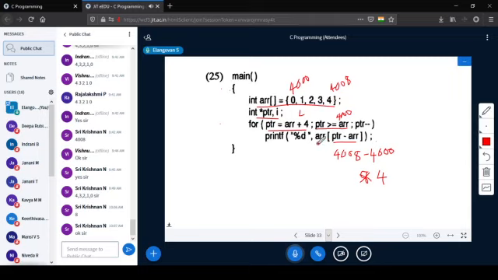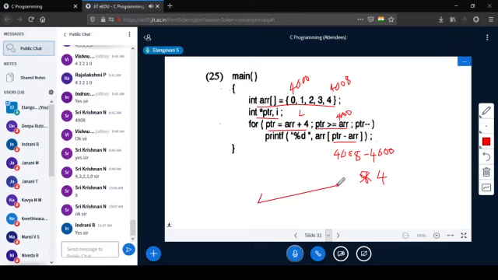Is that fine? So first 4 is getting printed. Then Ptr minus minus. Ptr becomes 4006. When it is decremented by 1, it will become 4006.